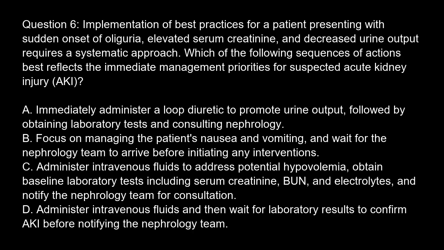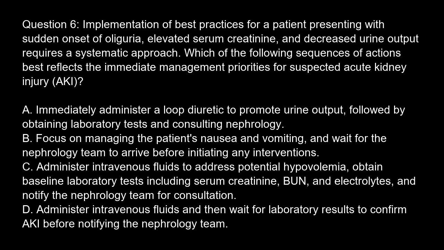Which of the following sequences of actions best reflects the immediate management priorities for suspected acute kidney injury, AKI? Option A. Immediately administer a loop diuretic to promote urine output, followed by obtaining laboratory tests and consulting nephrology. Option B. Focus on managing the patient's nausea and vomiting, and wait for the nephrology team to arrive before initiating